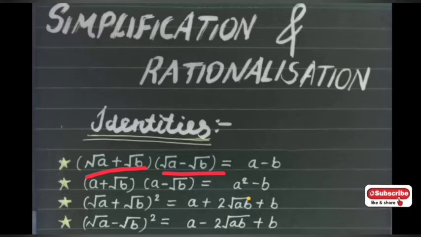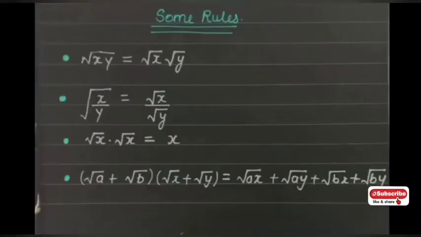If you have watched my previous videos, then I have already discussed some of these identities in the last lectures of this chapter. If you have not watched, then go and watch the videos. The link is given in the description box. Maybe if you have not watched, let me revise it once for you.